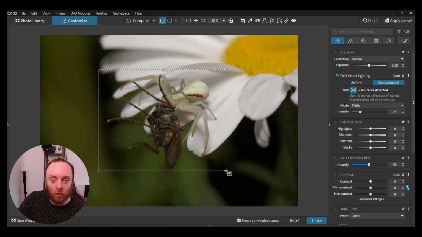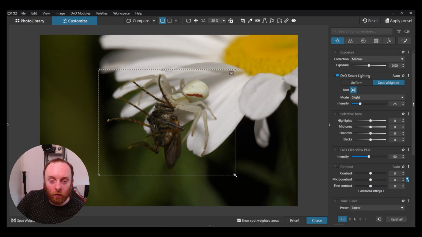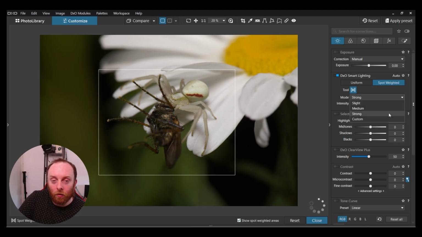So I'll just put this box around the spider and the fly, and you'll see the background actually goes darker again slightly, but it's better than having the whole thing do it,